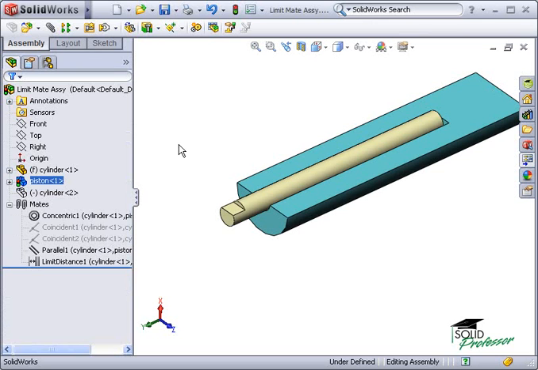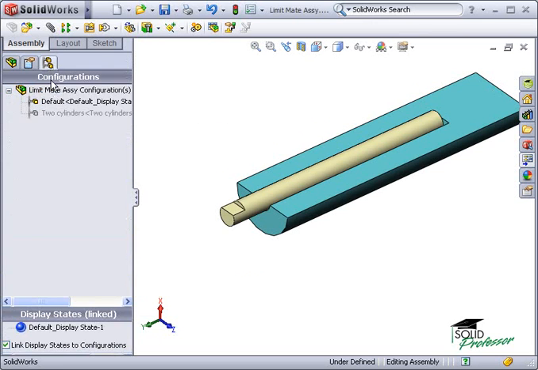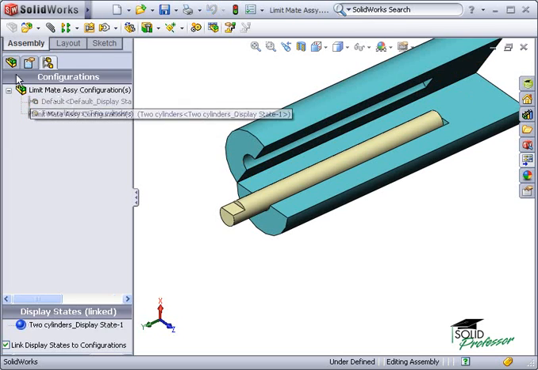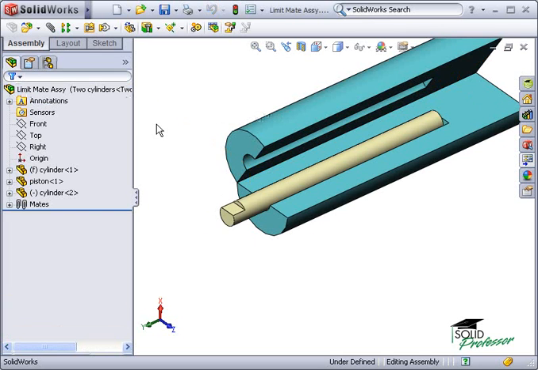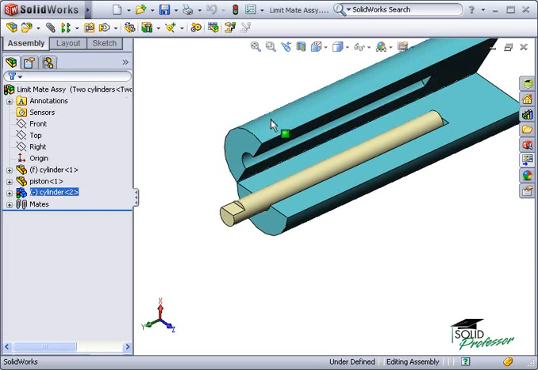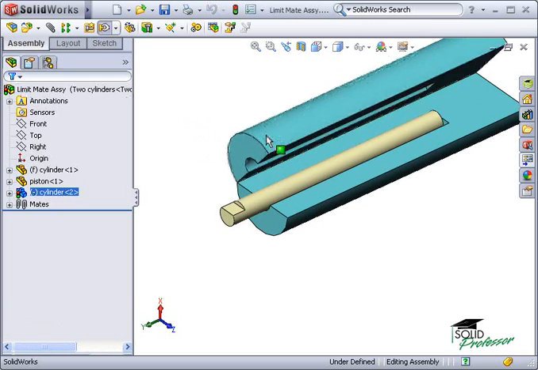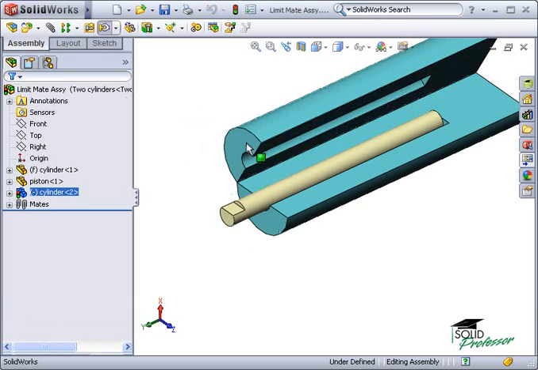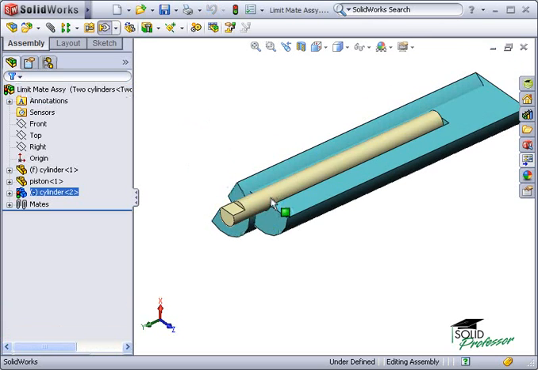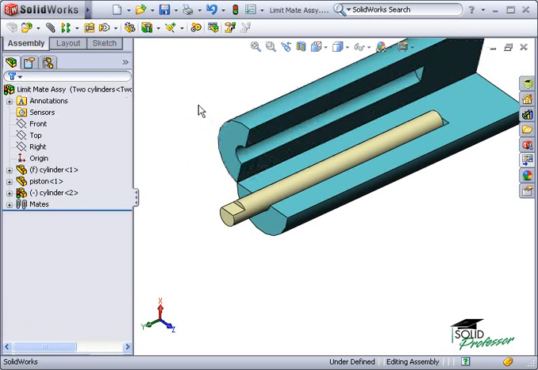In addition to using the distance option to establish a range of motion, you can also use the angle option. Here, the second cylinder is mated such that it pivots about an edge. Before applying a limit mate, the components are free to pass through each other. I'll insert a mate,